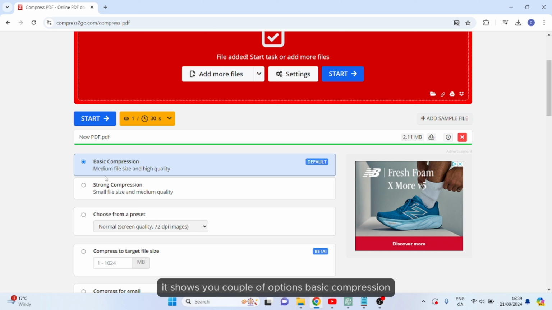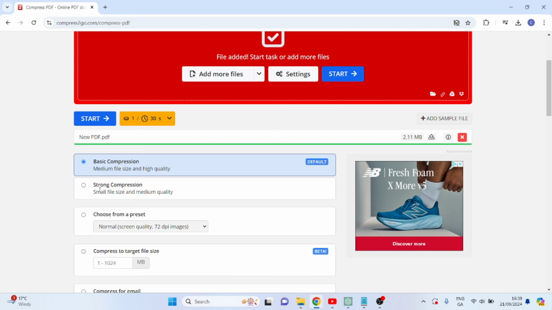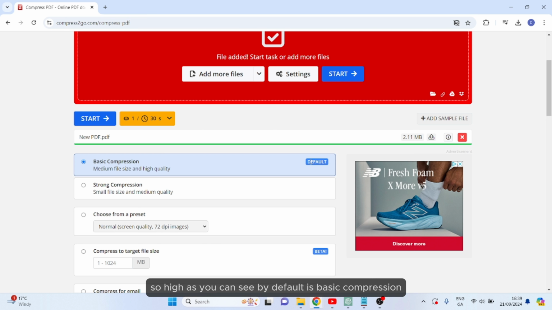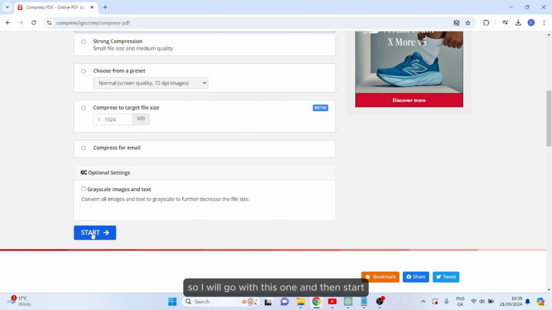Here it shows you a couple of options: basic compression, medium file size, and high quality. Strong compression, a small file size, and medium quality. So it depends what you prefer. As you can see, by default it is basic compression, which is good, and quality wise it will not decrease your quality really badly. So I will go with this one and then start